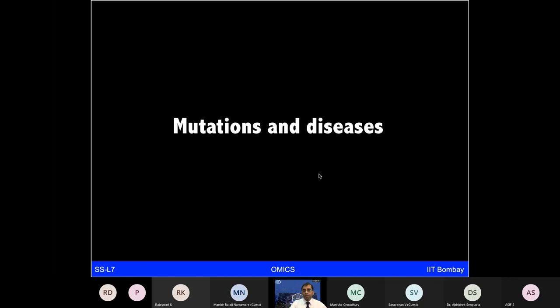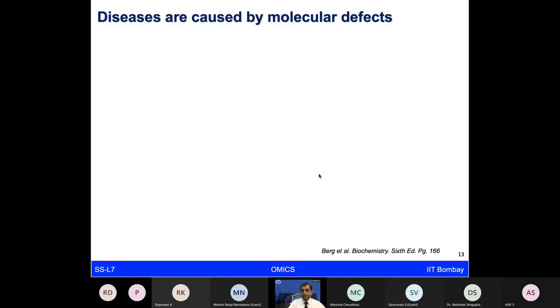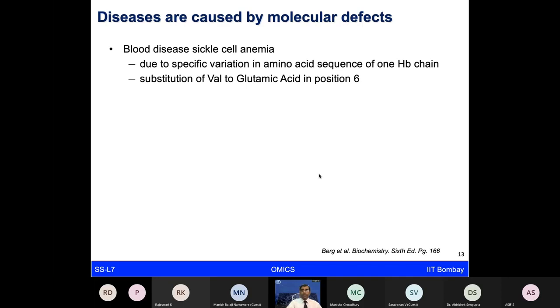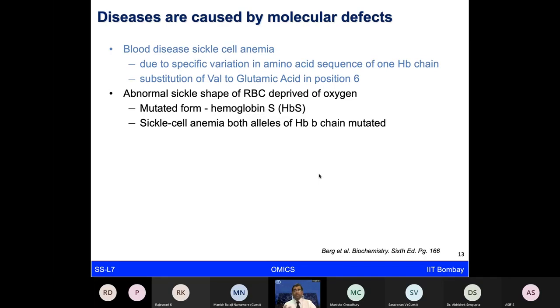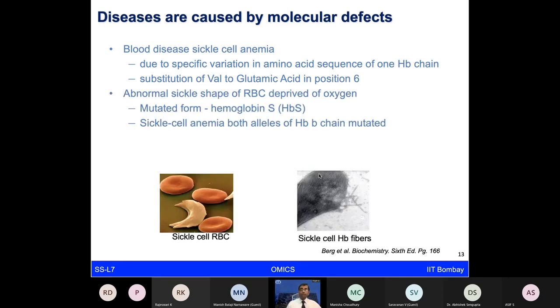Looking at these protein sequences is quite crucial when we talk about complex diseases. Many times you will see that some proteins do not function normally, and they have some changes at the amino acid level. As a result, they show some molecular defects. As I mentioned last time, I'm sure by now you have thought about the example, which is sickle cell anemia. This is one of the classical examples where just by the change of one amino acid, valine to glutamic acid, in the sixth position of the hemoglobin chain, it changes the nature of the RBC from the normal to the mutated form. And as a result, it is not able to bind to oxygen properly.